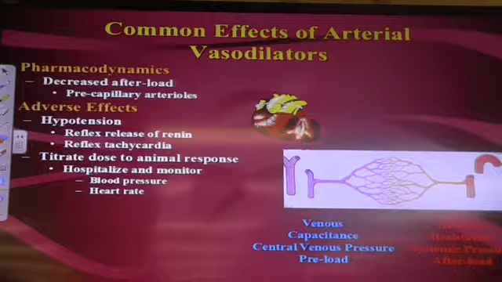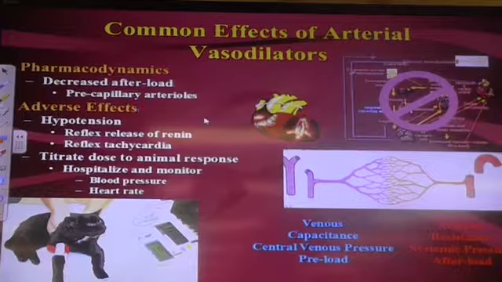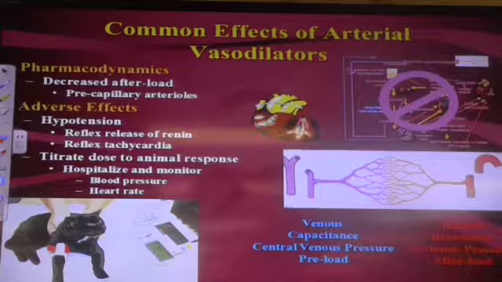And how are you going to monitor these animals? We talked about monitoring a diuretic. How are you going to monitor these animals? Blood pressure? Blood pressure, that's right. So if you are not prepared to monitor blood pressure, if you do not do it well, this is not a class of drugs that you should be using by yourself. You should be sending these patients to somebody that is capable of doing that. So get yourself a good blood pressure monitor and get yourself trained well to do it and use that to monitor your patients, because by the time you see the tachycardia, by the time you see the tacky mucous membranes and the poor capillary refill time, you've already put into play the very things that you don't want to happen.